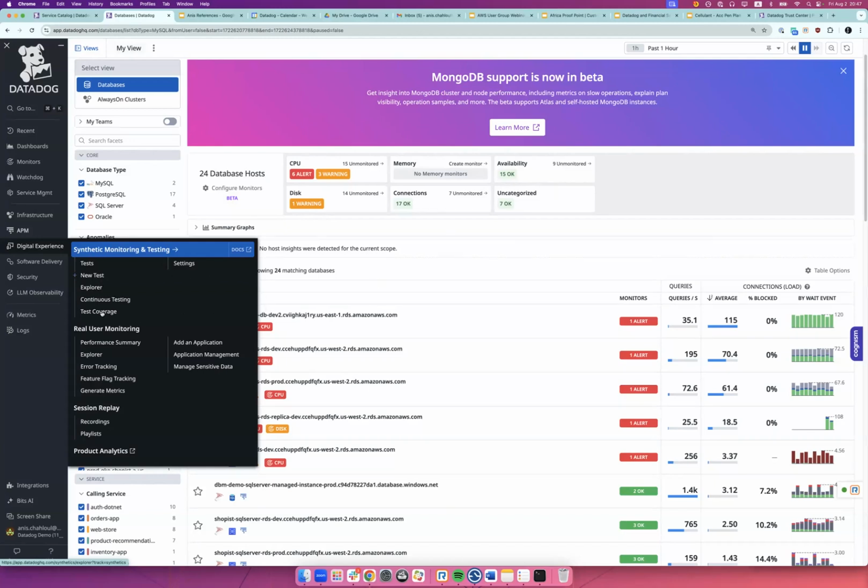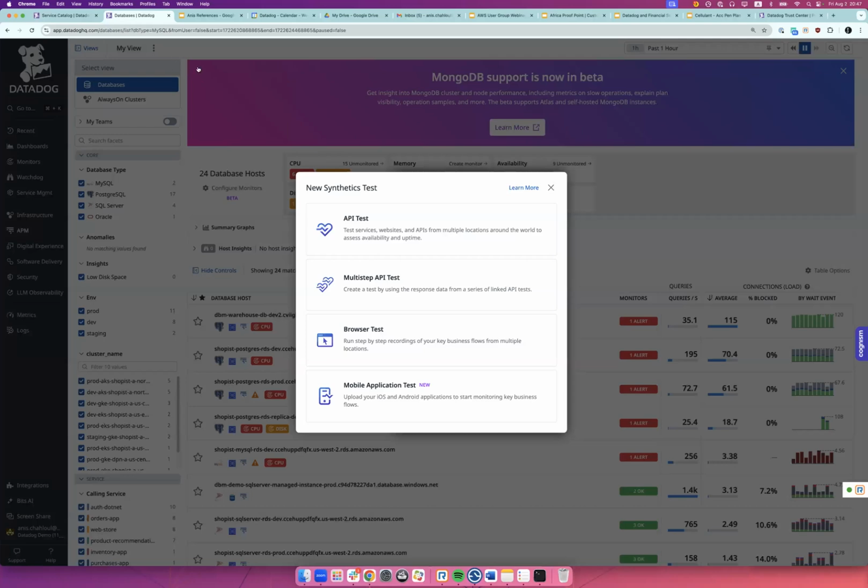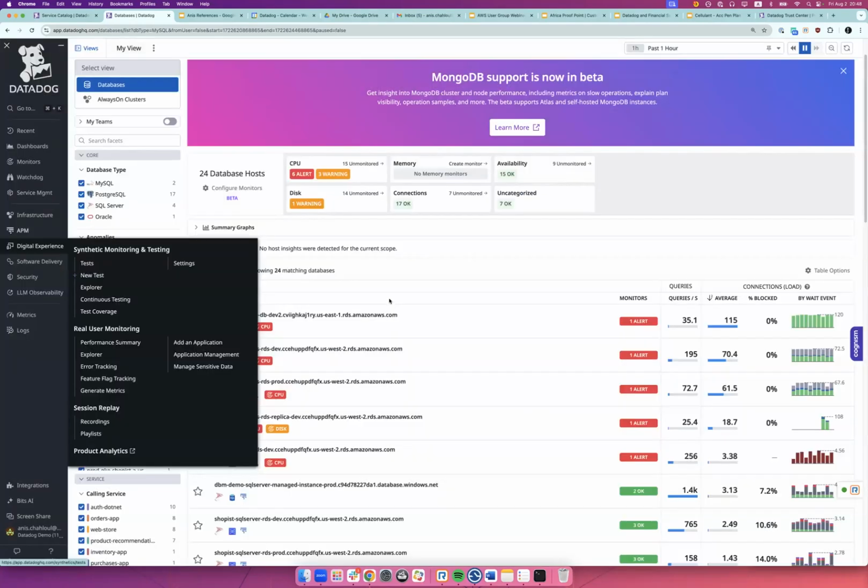So you can also have these test results within the platform. You can also, for example, if you have a mobile application, have an idea on the real user monitoring, on what's happening exactly on my UX side, so I can optimize that performance as well.